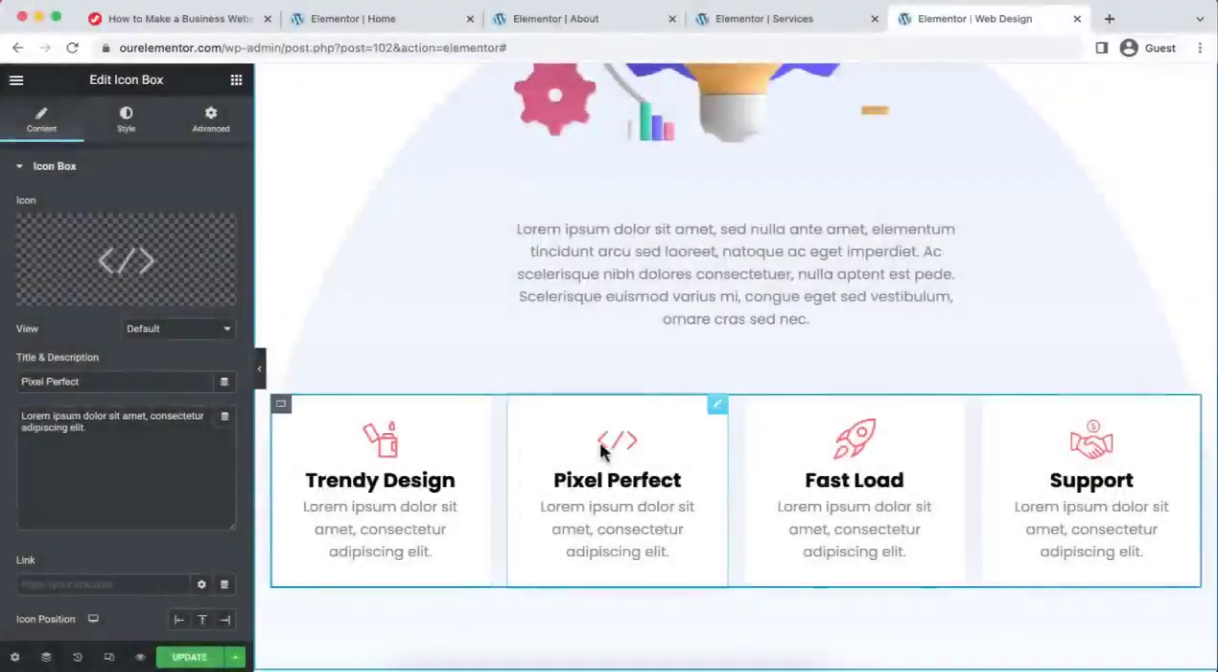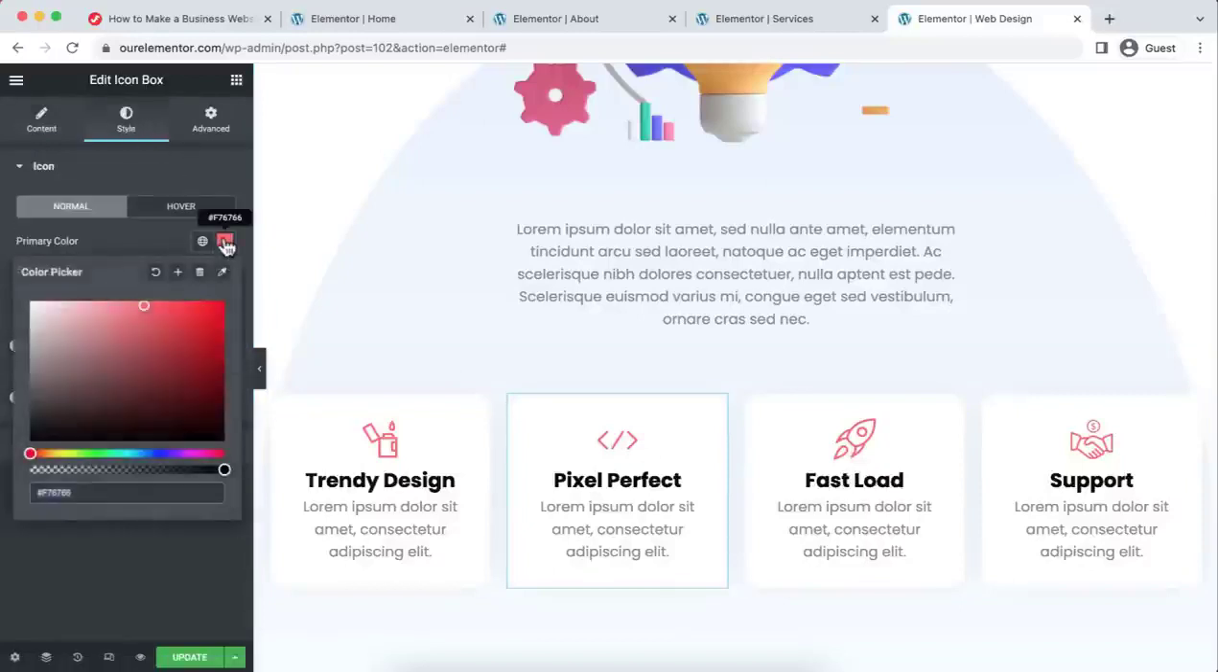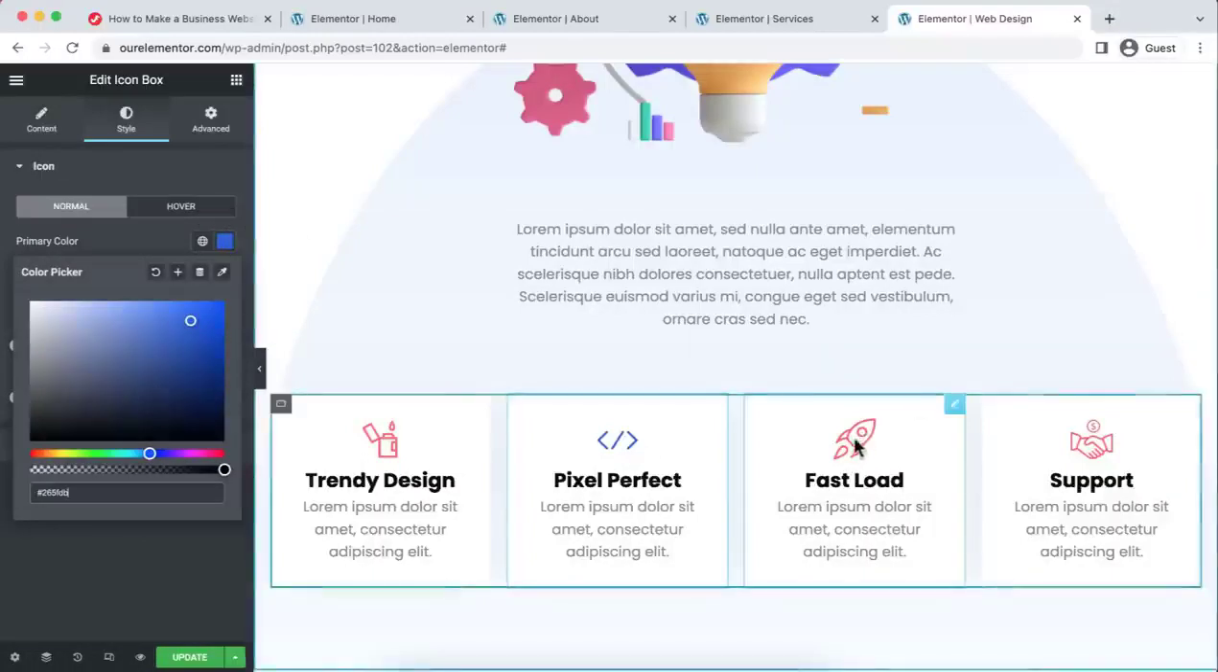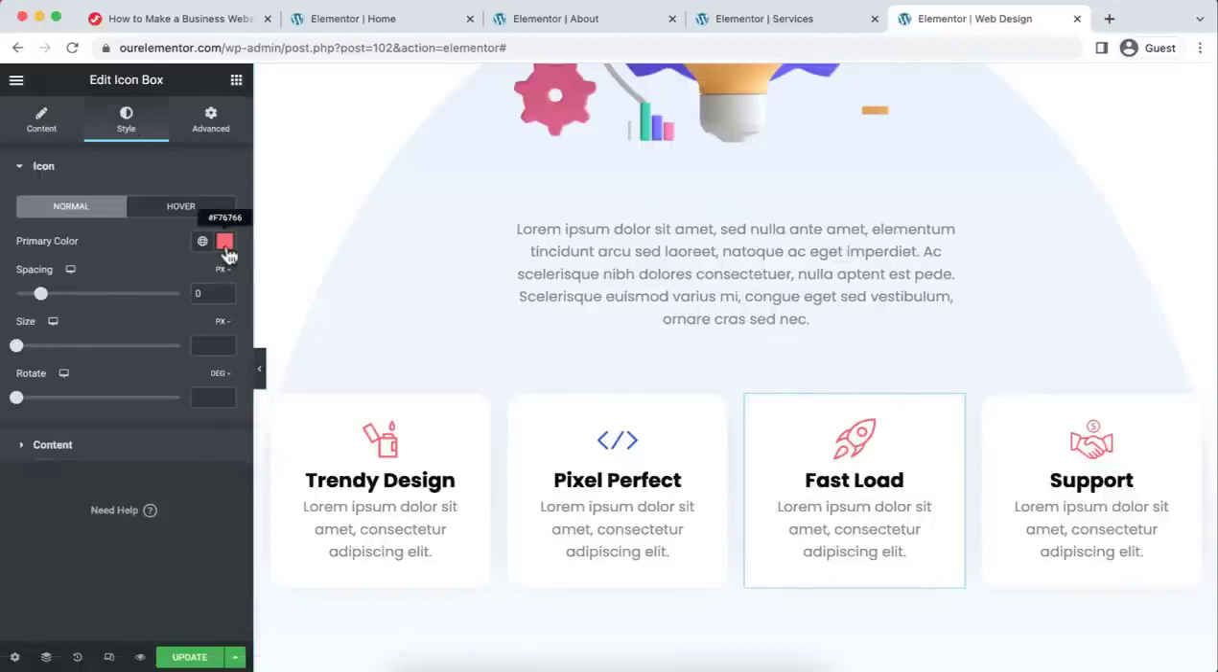So I have changed all these icons and this title, and also I wanna change each of these icons' color. So with the second one, I'm changing its color to hash 265FDB. Then with this rocket icon, let's just go under its style tab, and here I'm giving the color code